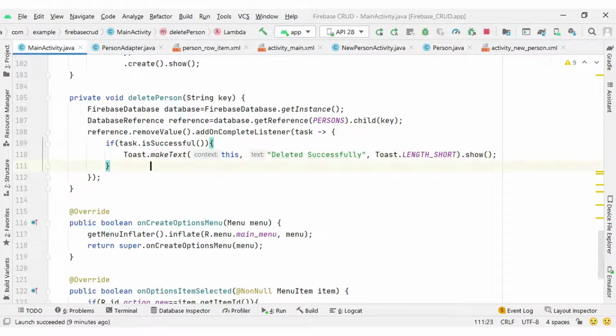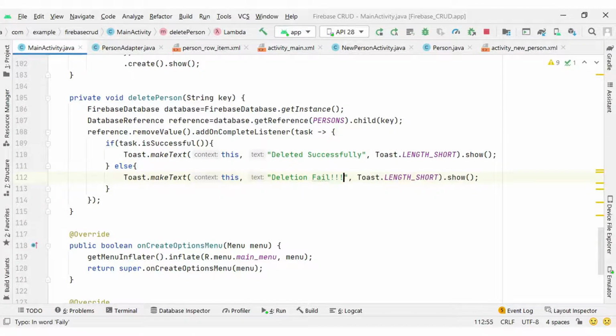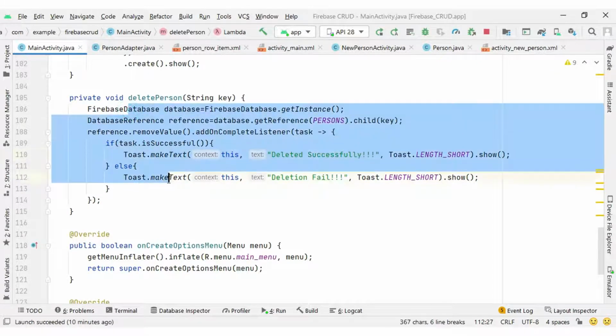And if anything goes wrong, then we will have the else part, and we can have deletion failed. Okay, so that is the very simple code we have for the delete operation, two lines of code.